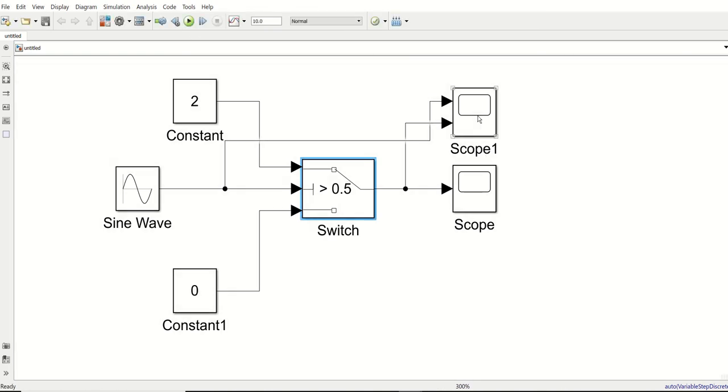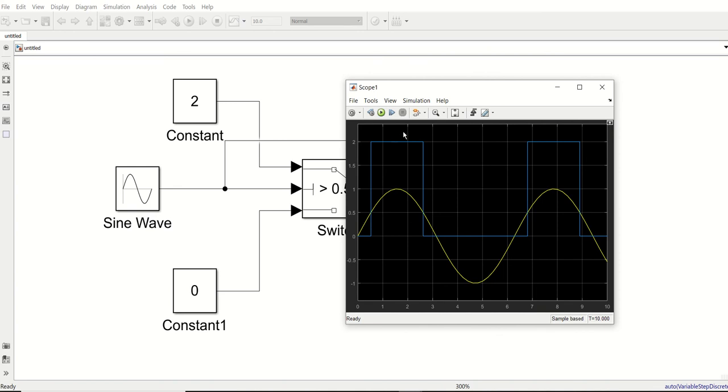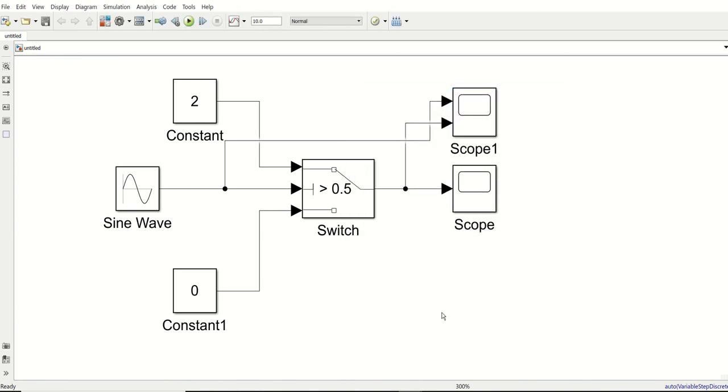What we have is a sinusoidal signal: whenever the signal is more than 0.5, it reaches +2, and whenever it is less than 0.5, it reaches 0. All the values from here to here are 0. Alright guys, hope you have understood everything in this.